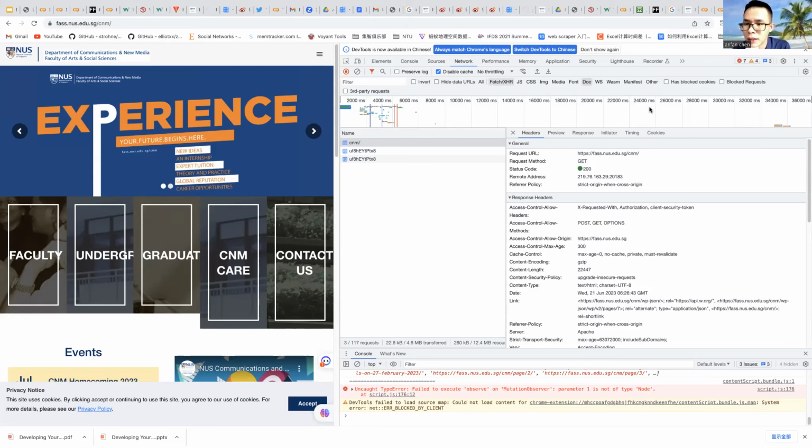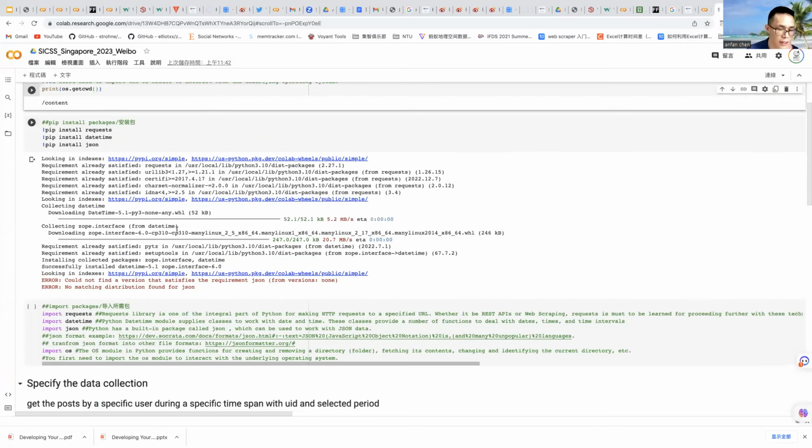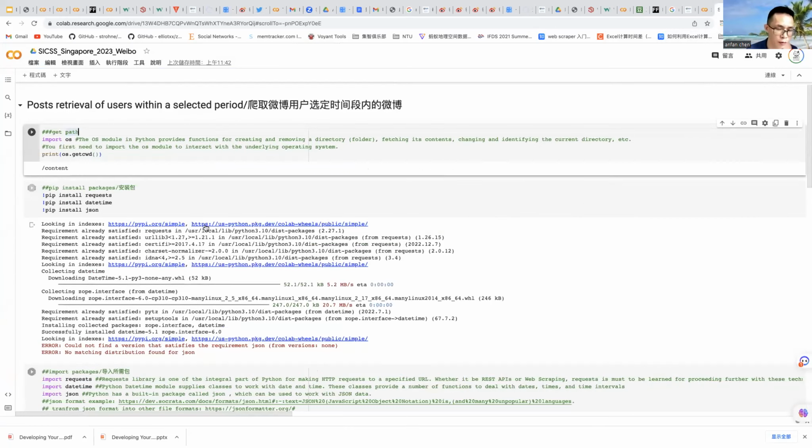I guess maybe it is a default package in Colab, so you don't need to install that. Yeah, it usually happens when I do the coding in Colab. Okay.